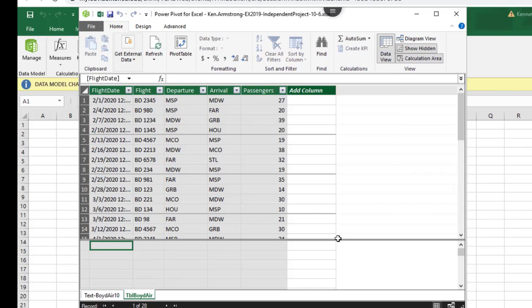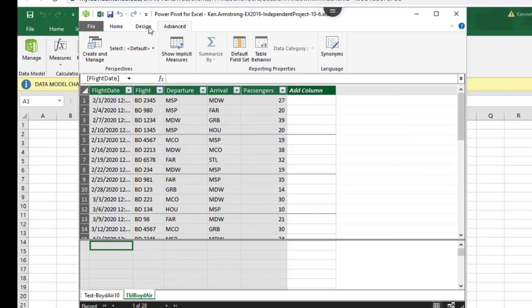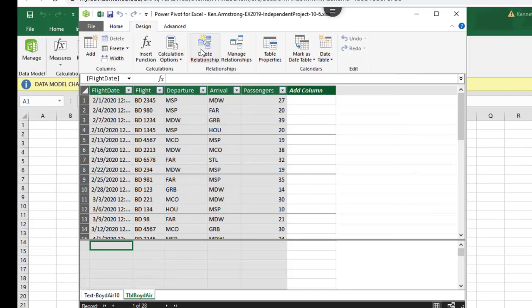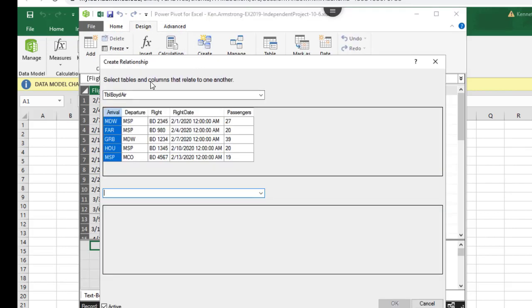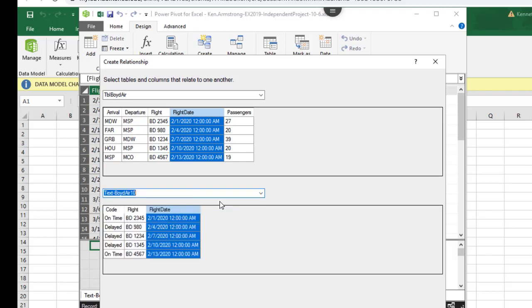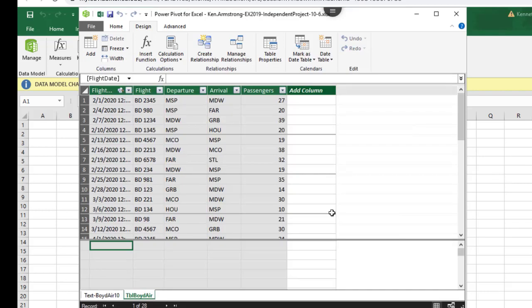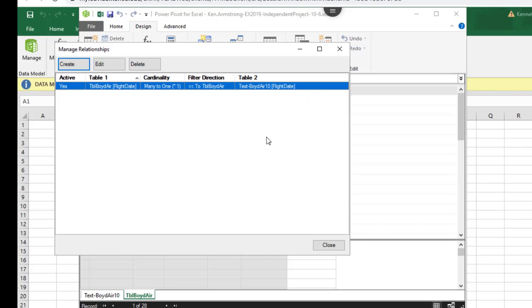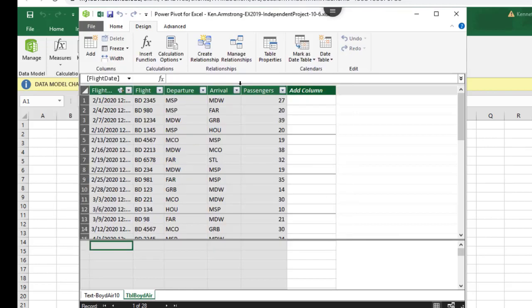data and link them so that you can analyze them in Power Pivot as one big data set as opposed to two separate files. So what you have to do here is you have to create a relationship, and here's the table void. Click on the flight date column. We're going to link these two chunks of data by the flight date column because they have the same dates in them. Hit OK. And now you don't have to do this, but if you're into databases, you can actually